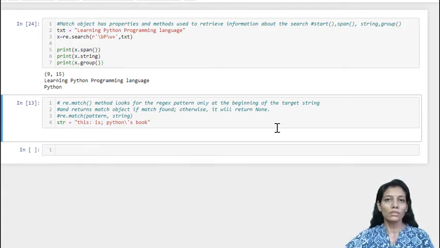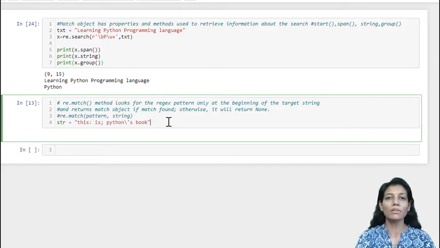Okay, now the match will search for the pattern in a given string and will return the match object, similar to search. But search searches the whole string, while match will search from the beginning only. So we are going to see the example and try to understand what is the exact difference between match and